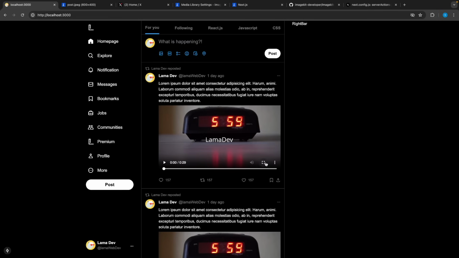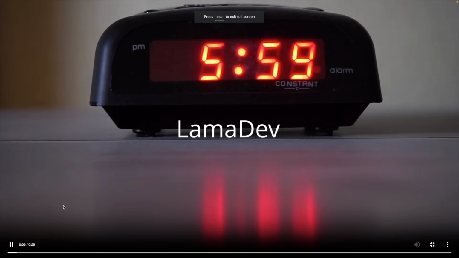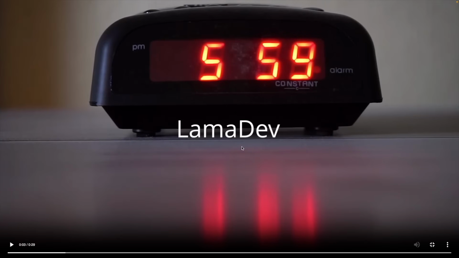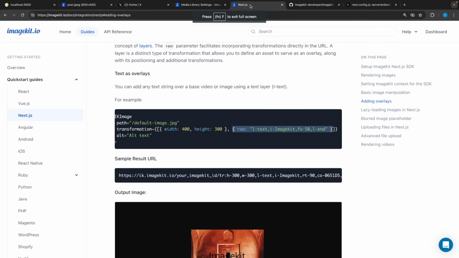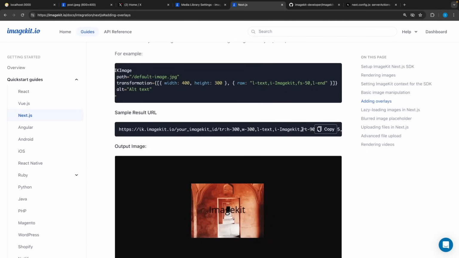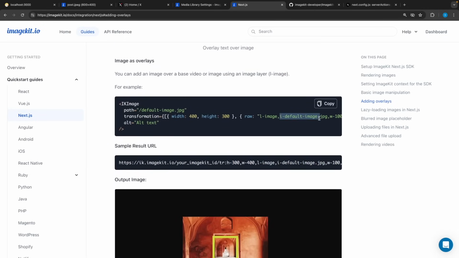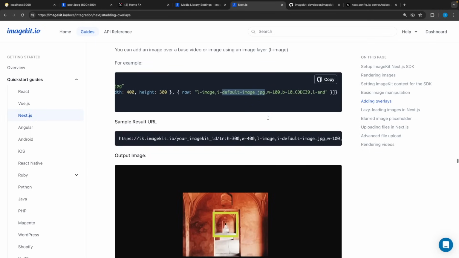I'm gonna save, let's see. And perfect. Our text is here. Of course, you can also add your image. Instead of this text, you can add your image path. As you can see, you can rotate. You can change the position. This is how you can add your image. Instead of text, just write here image, input, and the image path here. You can give it size. And